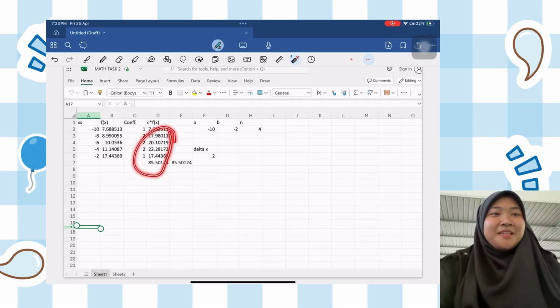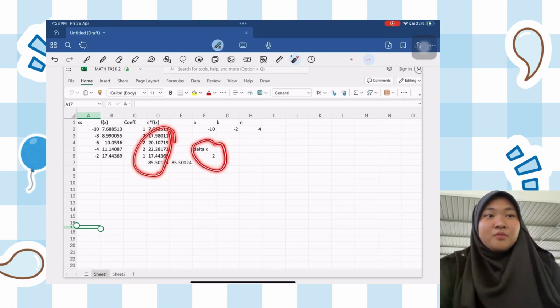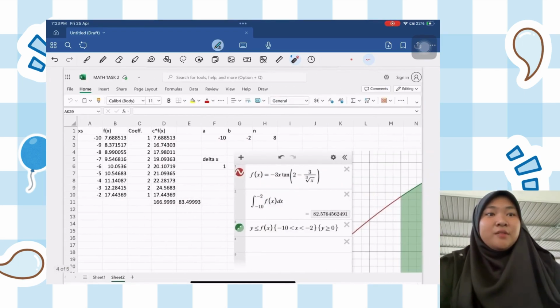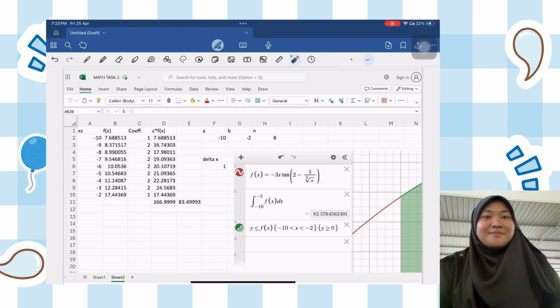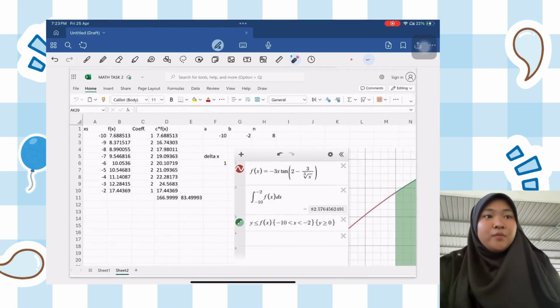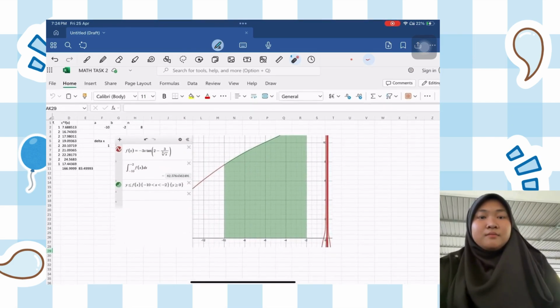So for B1, we set the function given, which equals the function given. Next, the coefficient here refers to the coefficient used in the trapezoid rule. So we apply the first and last row as 1 and the ones along the middle as 2, according to the trapezoid formula. So the last column, coefficient times function, is where column 2 is multiplied with column 3. This is where we calculate the sum of the function values with coefficients as stated in the trapezoid formula. Finally, we calculate the approximate area by multiplying the sum just now with the half